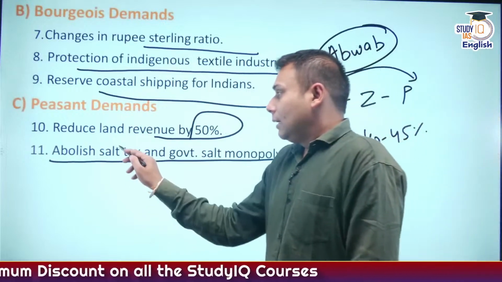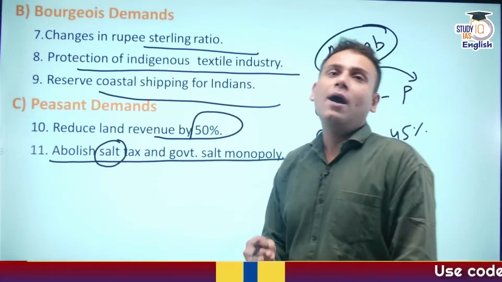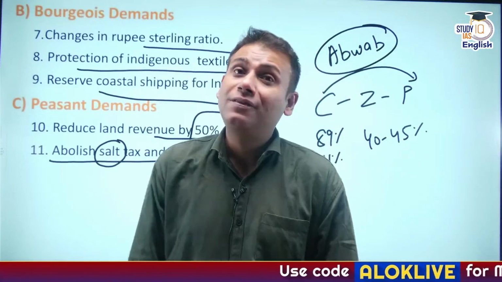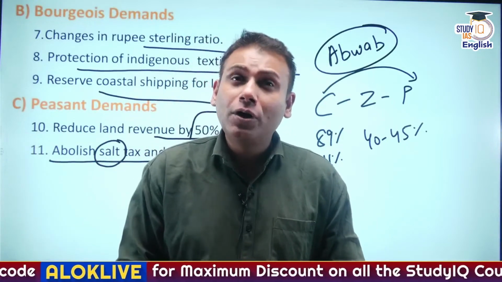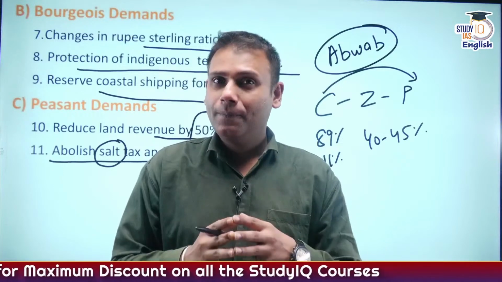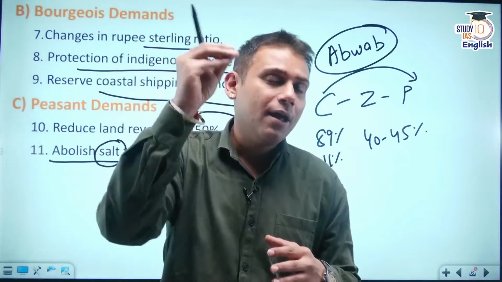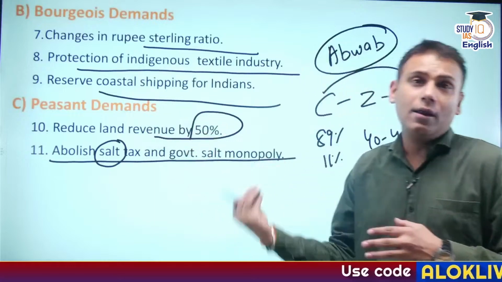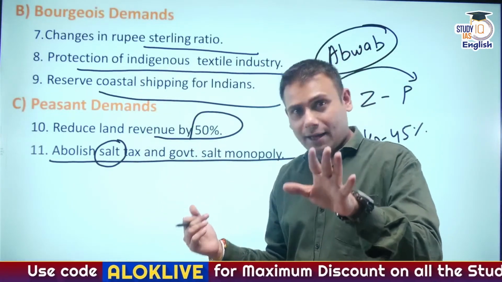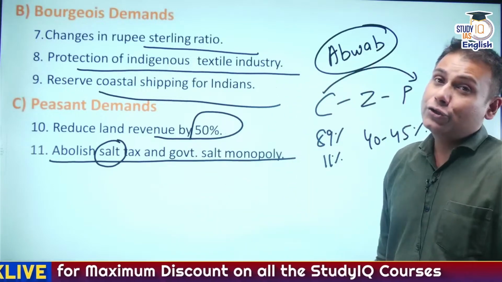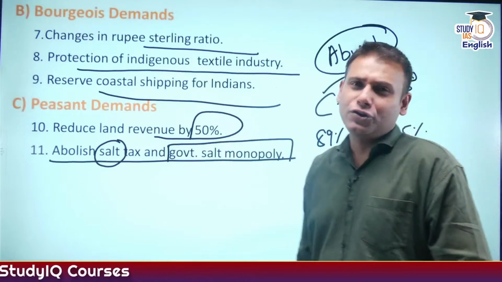Guys, the first question that arises in the mind of an aspirant: why did Mahatma Gandhi choose salt as part of the Dandi Yatra or Dandi March? Salt is one of the most important, essential commodities of food. Correct? Apart from sweet dishes, salt is the most important ingredient of all the major eatables. Correct, guys? So MK Gandhi chose salt. And there was a government salt monopoly, wherein there was heavy taxation on salt.